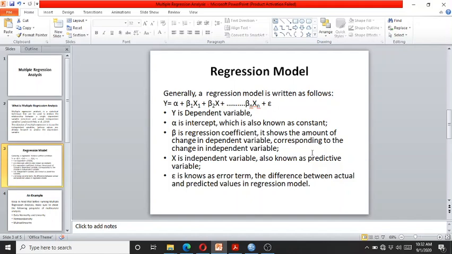A typical regression model is like this. We have y, which is the dependent variable. a is the alpha intercept, which is also known as a constant. It is the point where the regression line intercepts the y axis. b is the beta coefficient, a regression coefficient, and it shows the amount of change in the dependent variable corresponding to the change in the independent variable, whereas x is the independent variable, also known as the predictor variable,